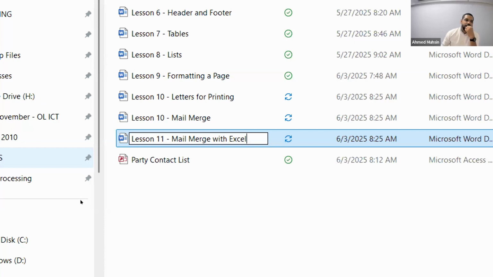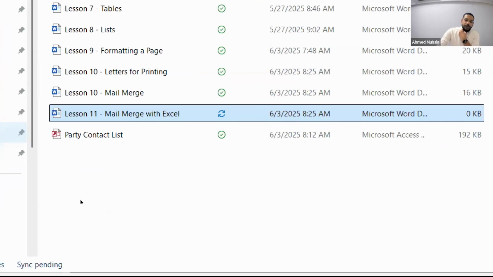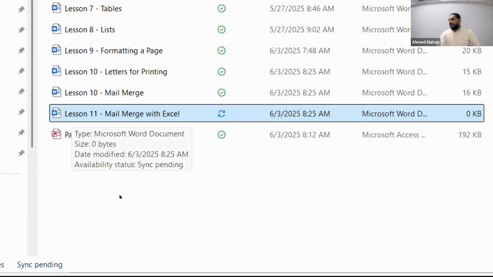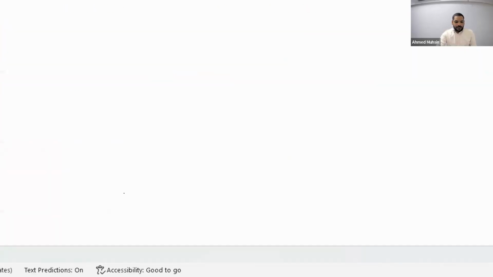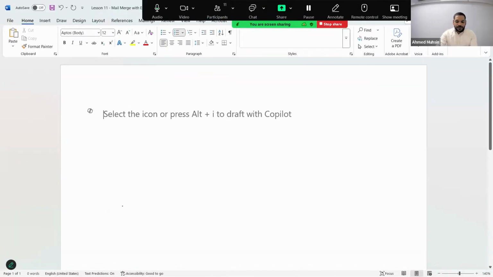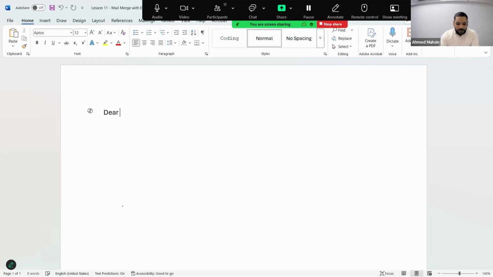Right, everybody. What's going on? Close everything else. Now open up lesson 11, Velu. Boys, can you open up lesson 11? We're going to type a letter now. We'll type a fee notice. So what do we type over here? Dear, and the parent name has to appear here. Dear parent name, comma. Please be informed